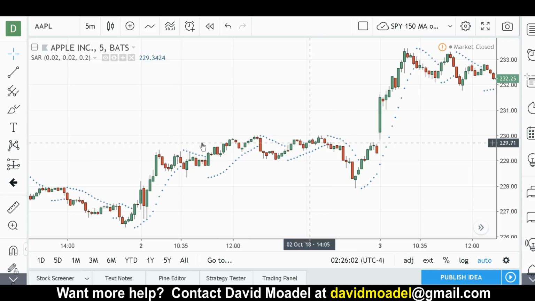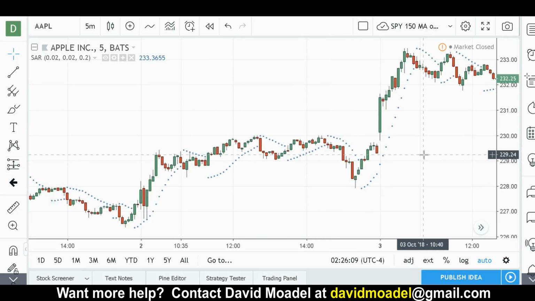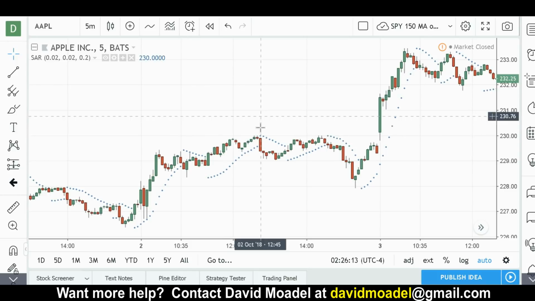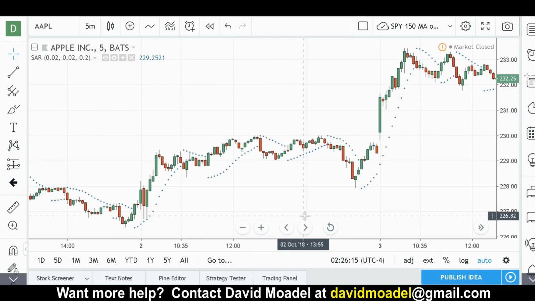But again, when you have that sideways action, you're in, you're out, you're in, you're out, you're frustrated, no fun, okay? So only really best for trending markets. Still a pretty good indicator overall, but if you can use it with another indicator that tells you when the market is trending or when it's just drifting and sideways, that can help you a lot, all right?